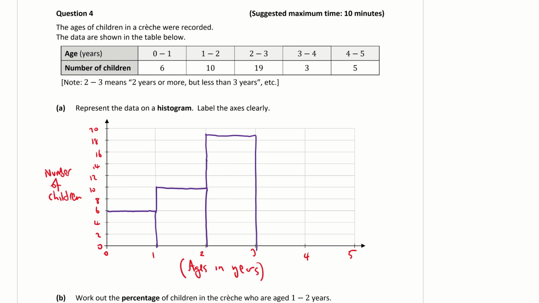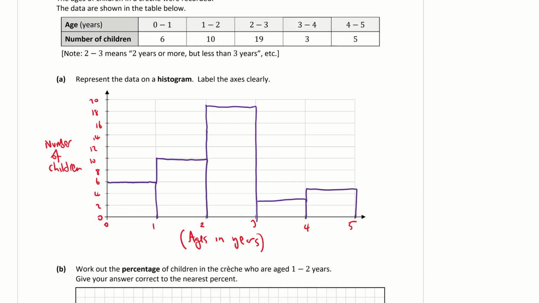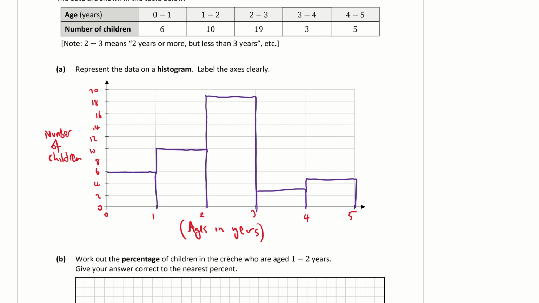3 to 4 is 3. And finally, 4 to 5 is 5. And that's my histogram. Part B, work out the percentage of children in the creche who are aged 1 to